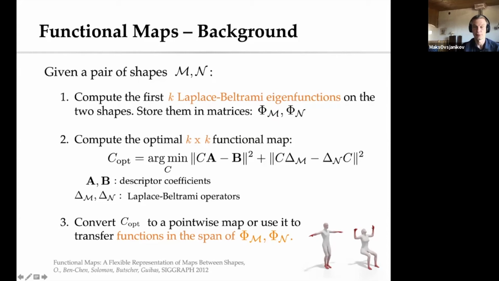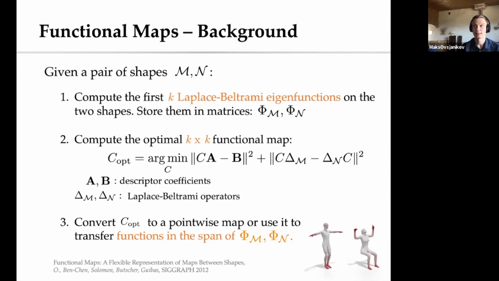basically looks like this. I'm looking for a functional map that first aligns some descriptor coefficients, so these are coefficients of descriptor functions. And there's some extra regularization that says I want these functional maps to commute with the Laplace-Beltrami operators. Now, once you compute this matrix, you can do two things. You can either convert it to a point-to-point map, or you can use it directly to transfer functions. But in the way that it's defined, you can only transfer functions that are in the span of these bases,